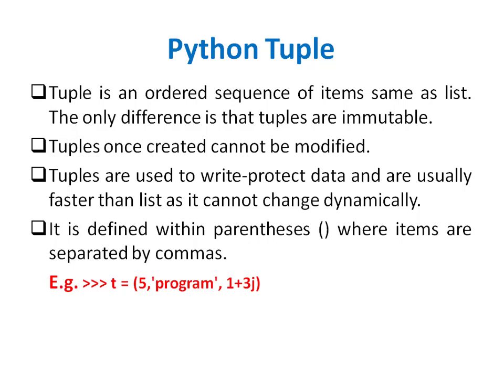So how do we write a tuple? We write a tuple within parentheses where the items are separated by commas. So a tuple is also a comma separated list of items, and it can also contain items of different types. That is, the data types of the elements of a tuple can be different. So you see that list and tuple are almost similar, the only difference being a list is written within brackets and a tuple is written within parentheses. A list is mutable and a tuple is immutable.